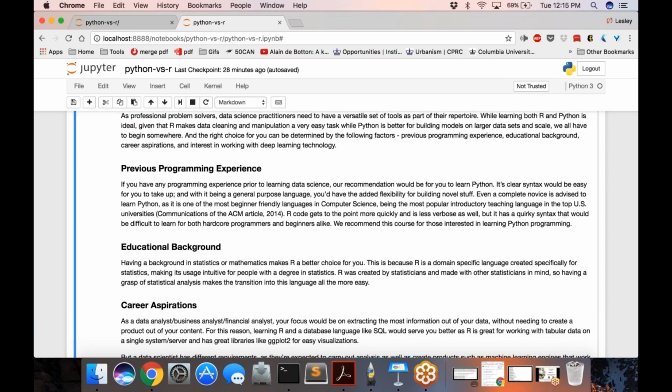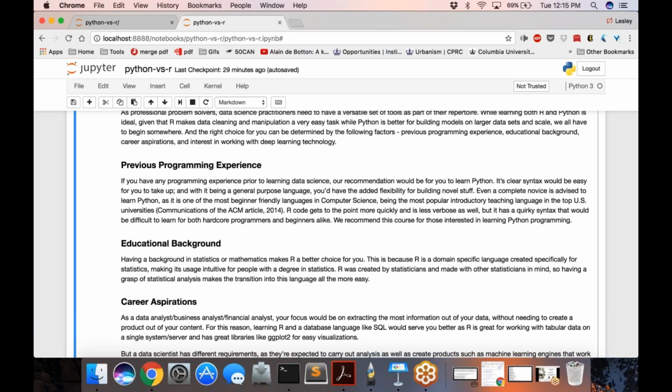So knowing statistics or having a general intuition of mathematics makes R make a lot more sense for you than for people who don't have much of a statistics background. And because R is built for statisticians, it has a very wide range of statistical techniques you can employ throughout your usage of R.